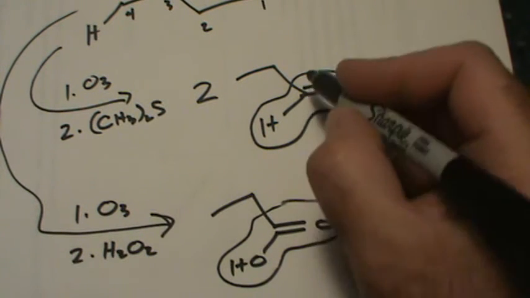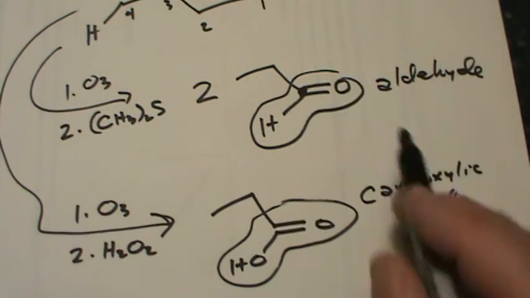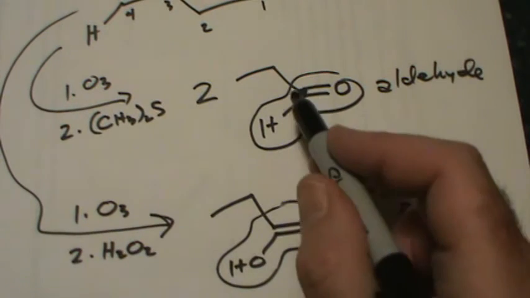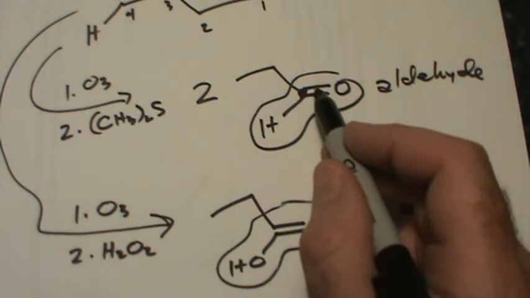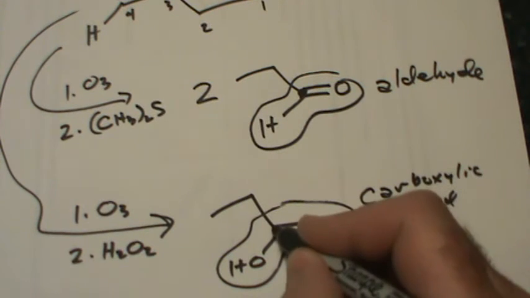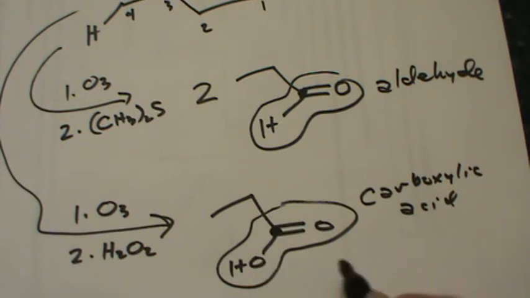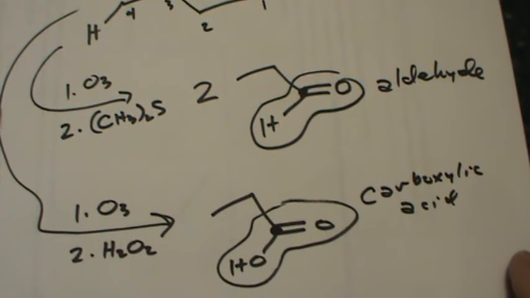Look at the carbonyl carbon, this one right here, in the aldehyde. It's got 2 bonds to oxygen, part of that carbon-oxygen carbonyl group, which is a double bond, 2 bonds in total to oxygen, whereas the carboxylic acid has those 2 bonds plus an additional bond to oxygen right there. The carboxylic acid, we say, is a more highly oxidized functional group as compared to the aldehyde, and it just